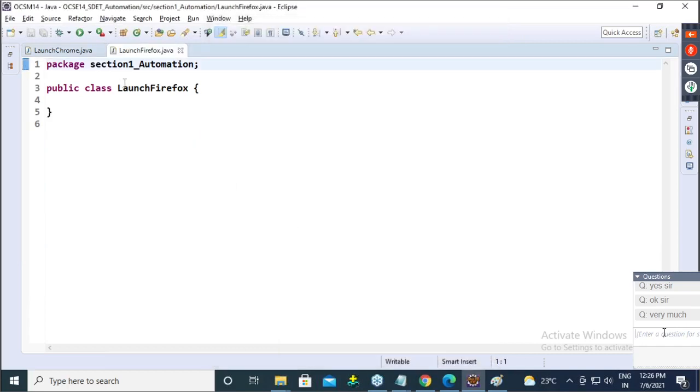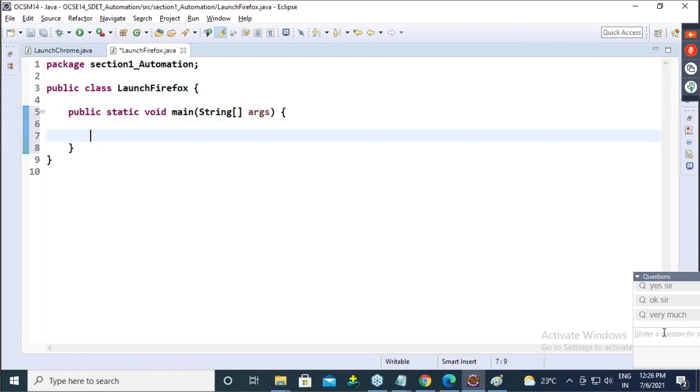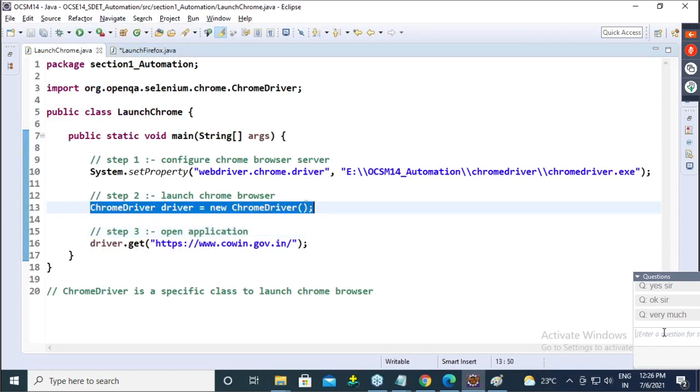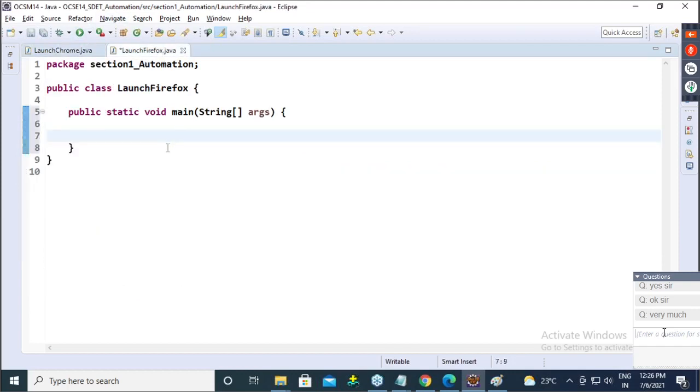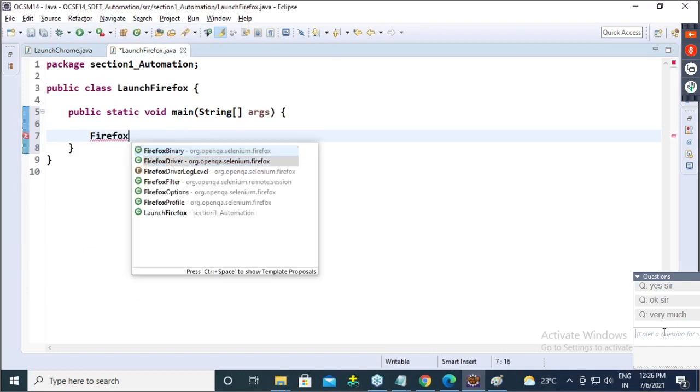Now, guys, declare the main method. First thing is to launch. Just like to launch Chrome we have ChromeDriver, to launch Firefox we have FirefoxDriver. Guys, is everyone getting my point?